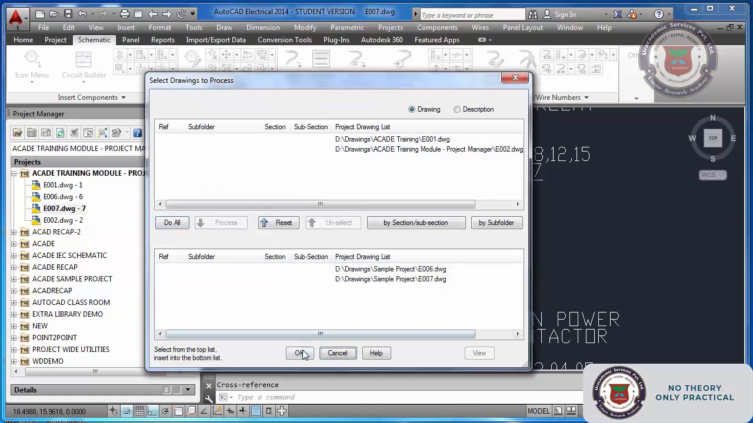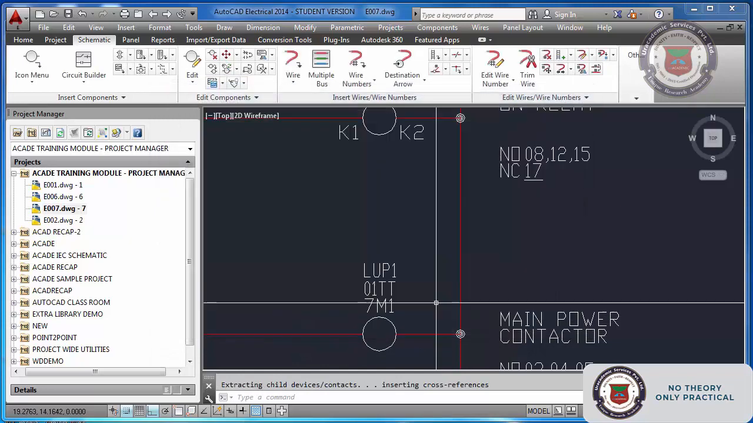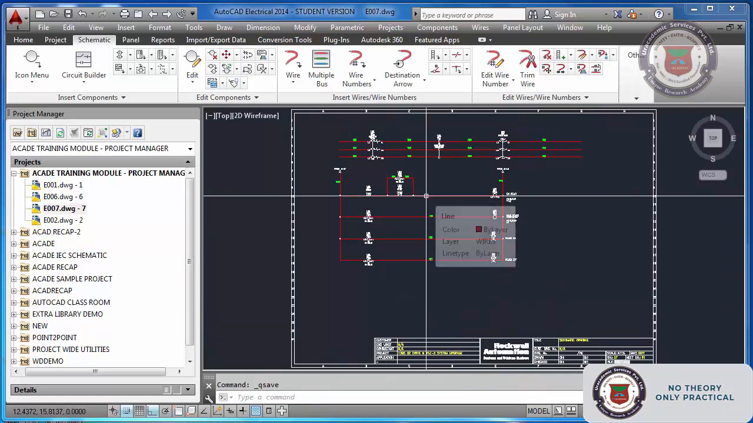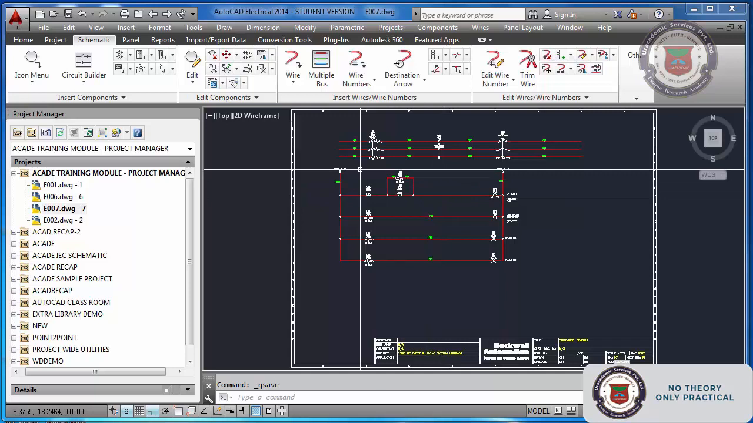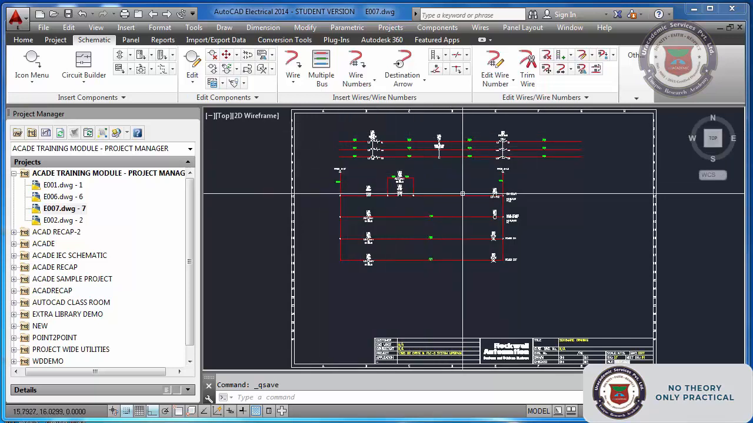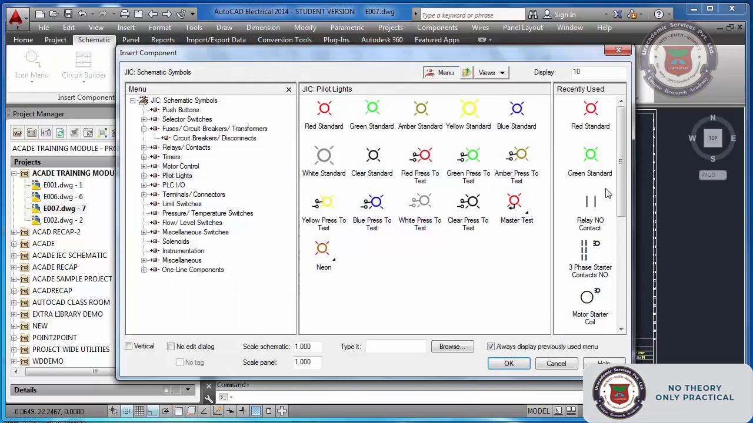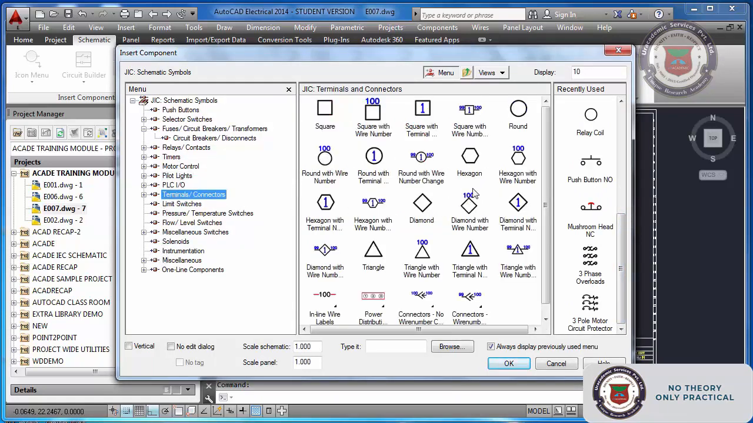Right now I want only sheet number 6 and 7. In fact, in sheet number 6 I don't use any contact, still I have done it. So my circuit is over. Now what I want to do is extract the bill of material from this circuit. Okay, before that let me put few terminals too. If I want to insert few terminals, you will get here, terminals,